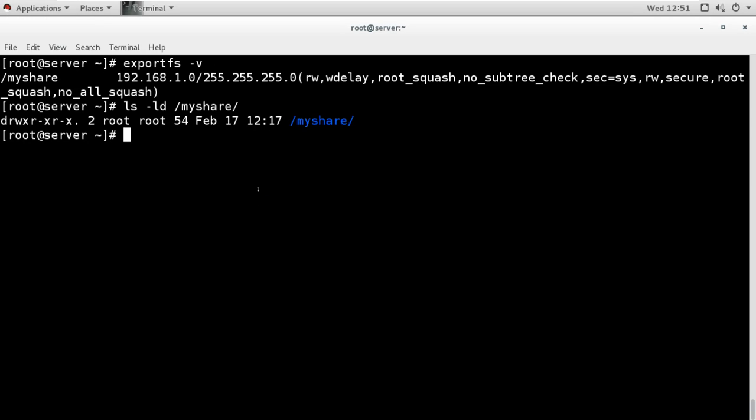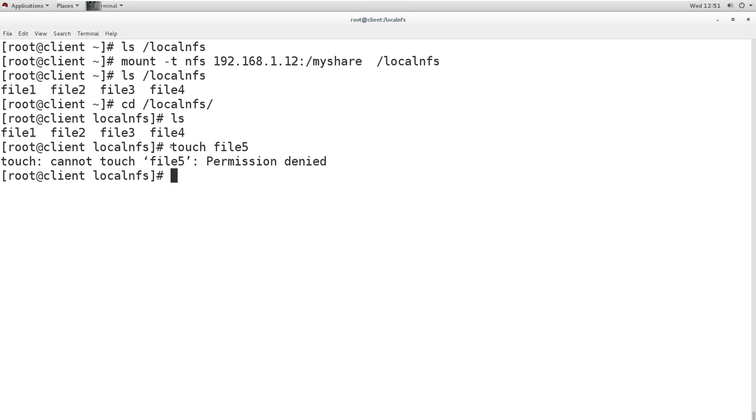But right now, what is the situation here? Right now, the root user has the write permission, and who is trying to write here? Which user is trying to create a file in this directory? It is actually root. This is also root, and on the server it is also root which has permission, but it is still not giving the permission. It is saying permission denied. Now why is it saying permission denied? Because this root is not the root of the server. It is the root of this client machine. It is the root of the other machine.